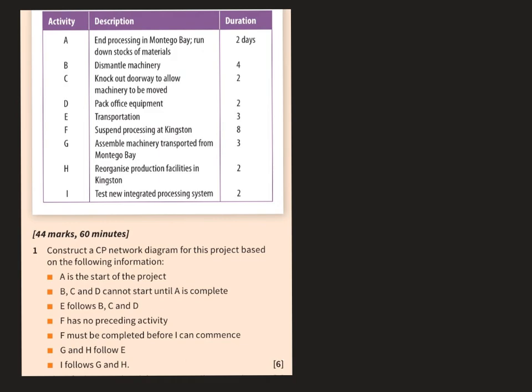ये सवाल जो था ये फेब के टेस्ट में था CPA का. इसमें लोगों ने काफ़ी गलतियाँ की हैं. So I'm just going to solve it again. I've solved it in class, but I'll try to solve it on a video as well. The best way to start doing this question is, since